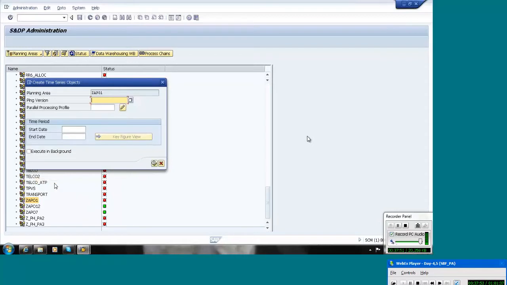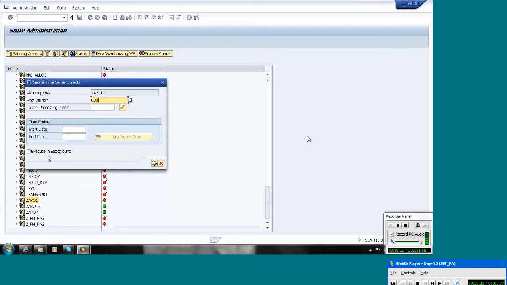Select it, and it will ask for the version. Normally we have to take the standard version 000. In APO, the model and version is a concept: the model is like master data and the version is like transaction data. Anyway, in SNP time we will discuss model and version in detail. As SAP gave the standard model and version 000, we always use the standard model and version 000.